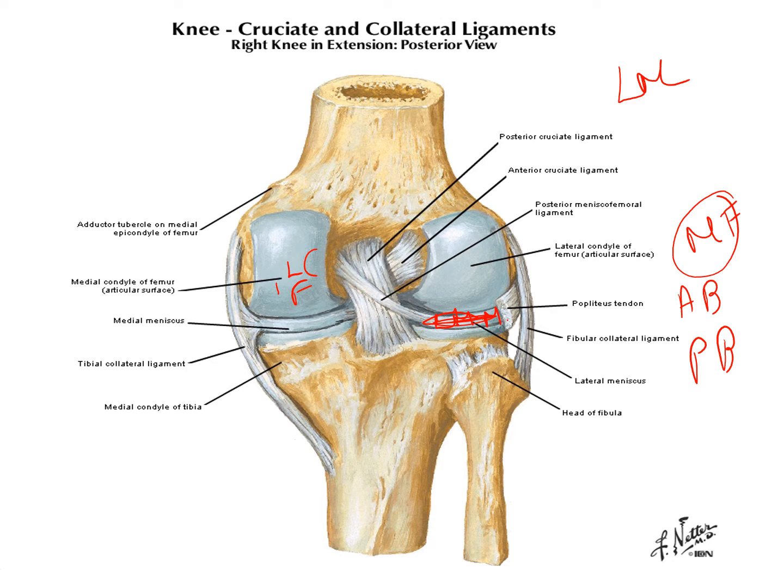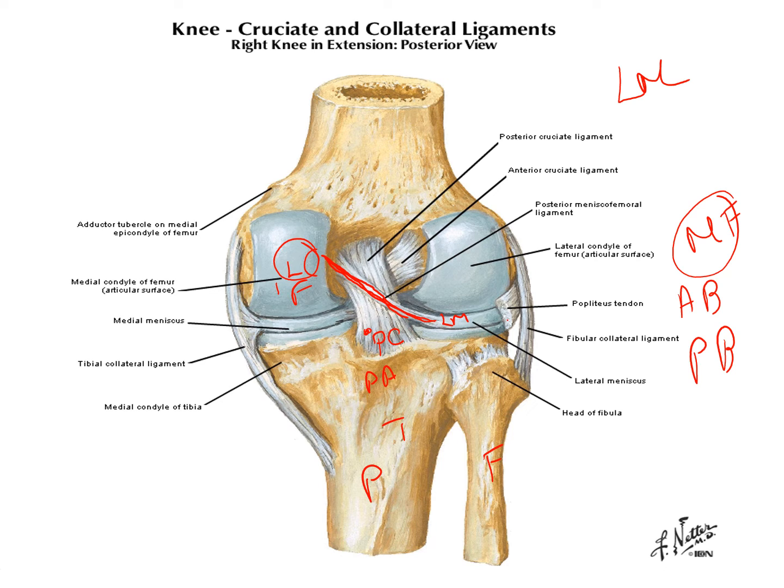You can see here, this is the posterior aspect of the tibia and the fibula. So, this is the meniscofemoral ligament connecting the lateral meniscus to the lateral condyle of the femur. Since this is the posterior aspect, this is the posterior band of the meniscofemoral ligament. The anterior band will be in the front. What you see here is called the posterior cruciate ligament. We will be discussing it later.